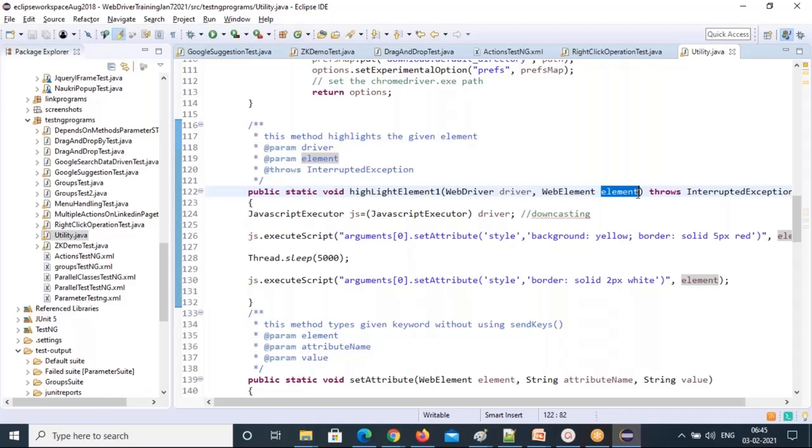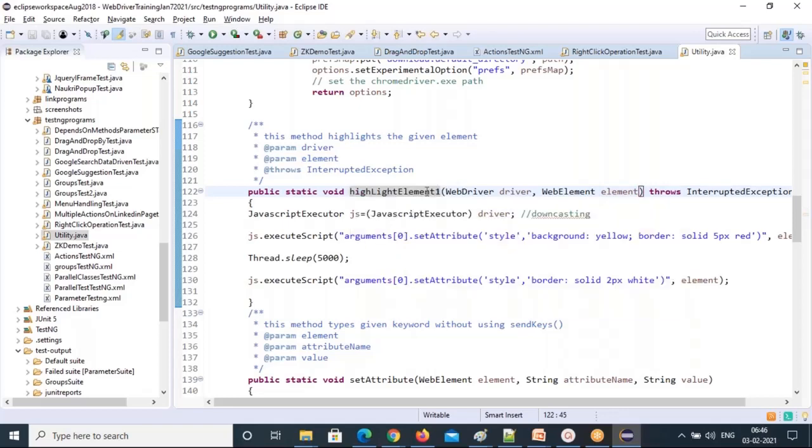So before doing an action, you just highlight that element, then do the action on it, so that it attracts attention. They can understand that the action is going on this particular element, which action is going on, and on which element you are performing it. Even when you are running it yourself, you can understand where the cursor is and what the next step of action is. That's the reason we need to include this highlight element method.